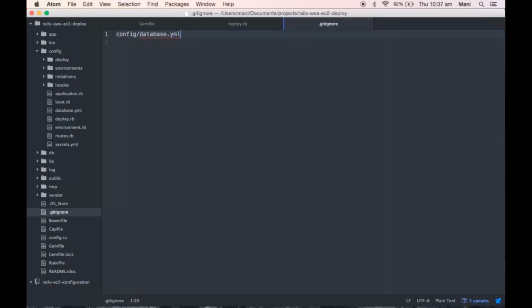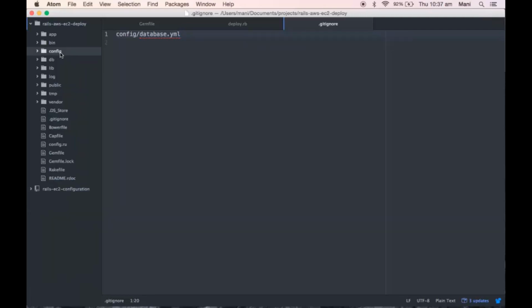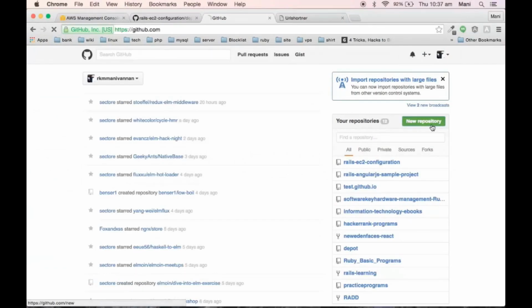You don't need to push database.yml into your GitHub repository, because it has very valuable data. It will be very dangerous if someone accesses your database.yml and learns your database information. So that's why I added it to my gitignore. Now everything is done, and we will create a new repository.